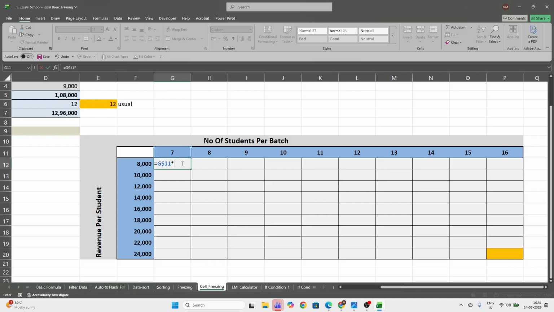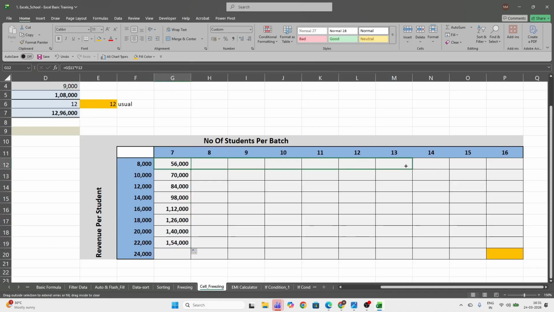Once we select the 8,000, we can freeze this as well, right? F12, do we need to change it as well? We just need to freeze it. Okay. So what happens if you don't freeze it? I'll show you a sample, right? If you don't freeze it,